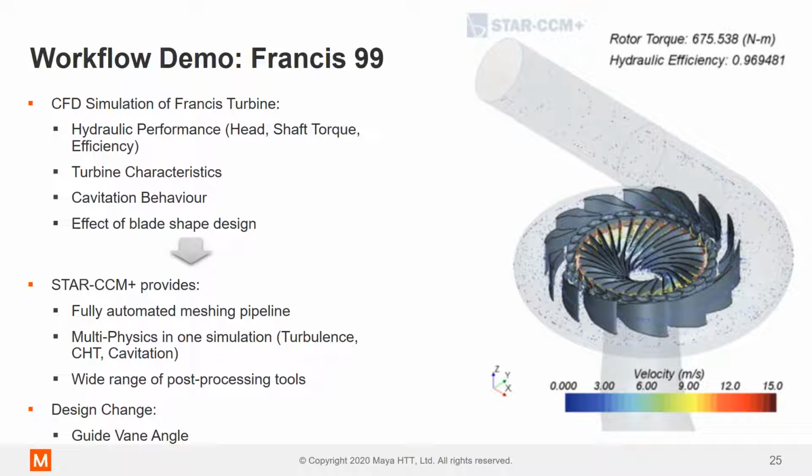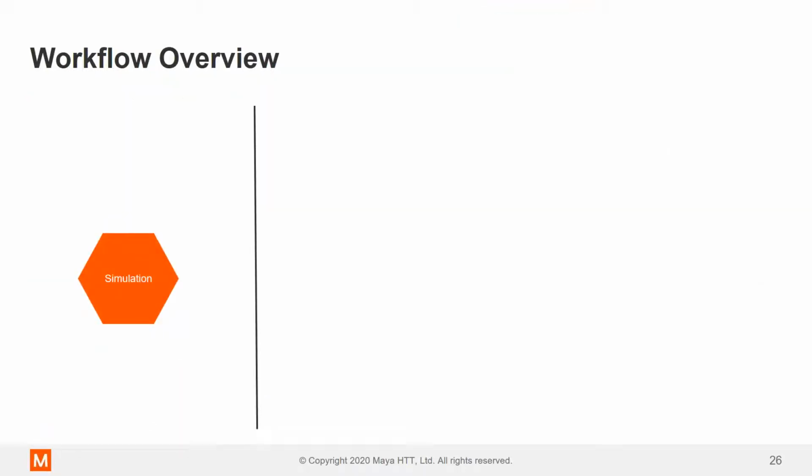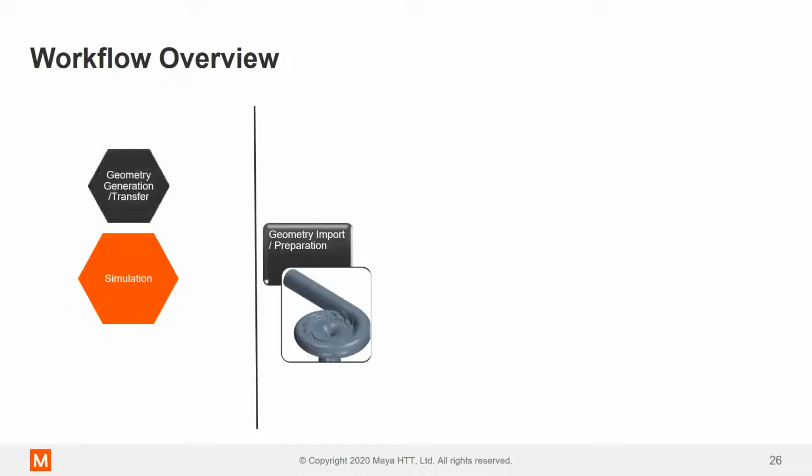So similarly, as I'd shown before, we're going to go through the workflow demo, starting with the geometry import and transfer. So I have the parasolid parts associated with these files that are going to be imported. We're going to test out the import in two ways. One is directly through the CAD import within Star CCM Plus, but I'll also show you some of the features of bidirectional CAD associativity. So I'll be showing how that CAD can be imported within Star CCM Plus and then into NX and then directly connected to Star CCM Plus.